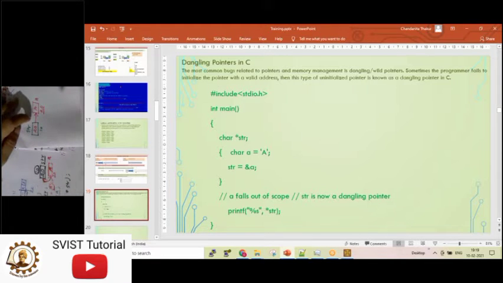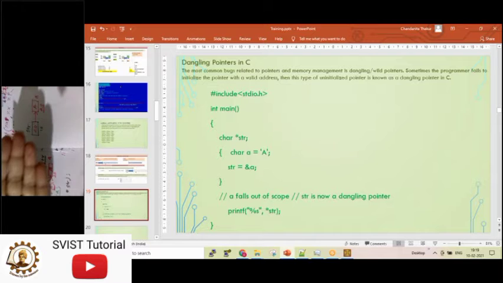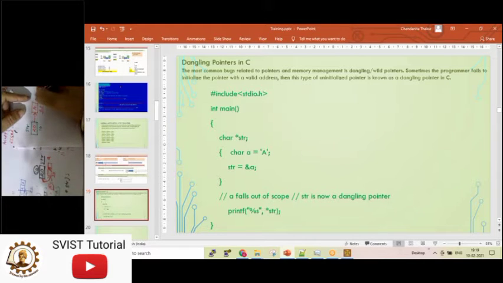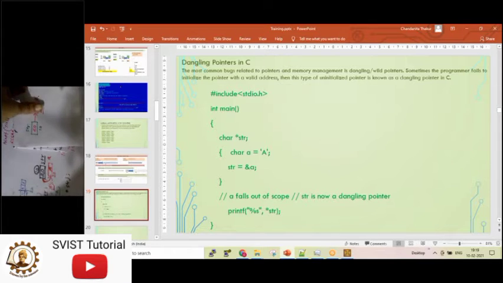I am just telling you to think logically. As I told, if I raise my hand, I am holding the ice cream bowl. Now this is my hand and this is the ice cream bowl. Hand is pointing to the ice cream bowl. Now if somehow this A goes, somehow this ice cream bowl goes, what will happen? There will be nothing, but still str at address 10 will be holding the content 20. Is this much understandable?